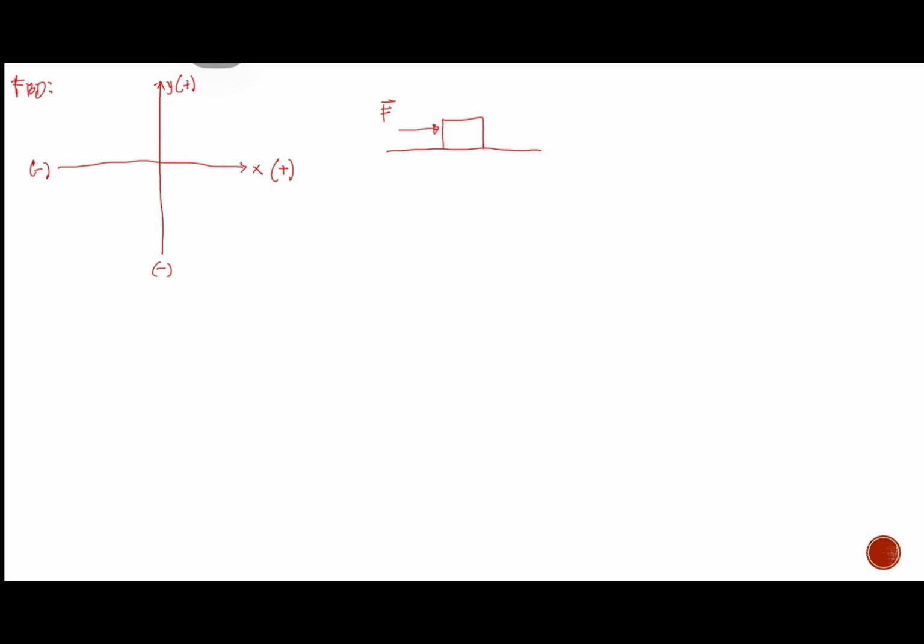If you can still remember the four common types of forces, we have the normal force, the friction force, the tension force, and the weight. Let's start first with the normal force. The normal force is always perpendicular to the surface, or 90 degrees with regards to our surface of contact. So if we draw the direction of the normal force, it is going upwards. This is our normal force.